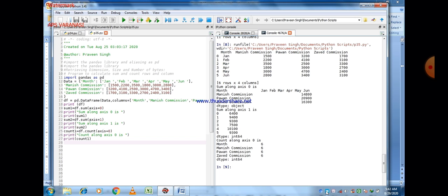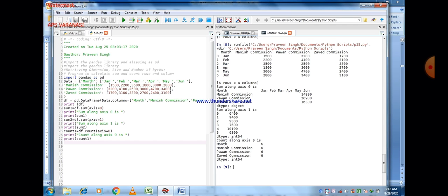So the most important thing in this program is that to calculate the sum, there is a method named sum, and to calculate the number of rows and number of columns, there is a method named count. To calculate the sum, we write df, where df is the name of the data frame, dot sum, and df.count to calculate the count.